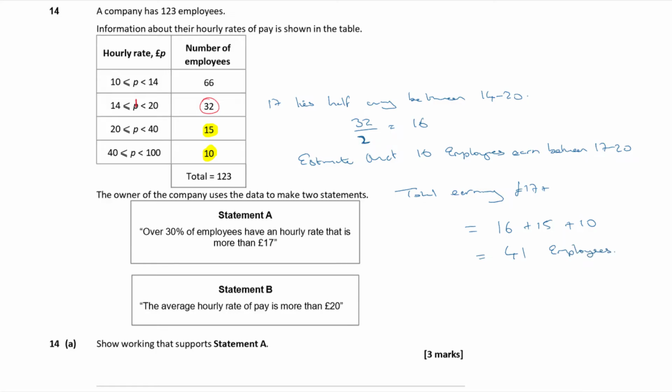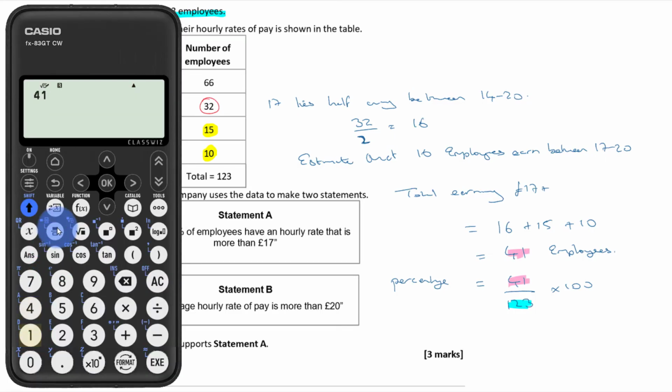Okay, and then we want to show that that is over 30% of the company. Remember, there are 123 employees altogether. So then percentage is going to be my 41 employees over the 123 employees times 100. Okay, so that came from there. Look, that came from there. So 41 over 123 times 100. So 41 divided by 123 times by 100, and that comes to